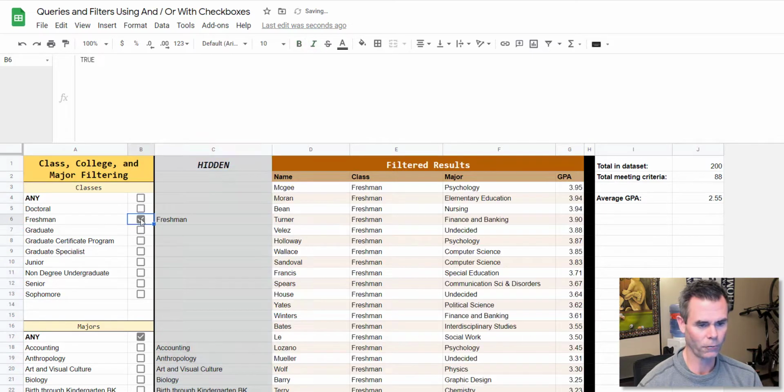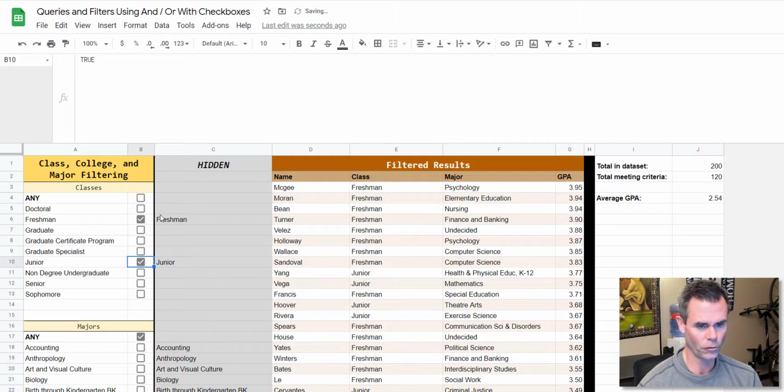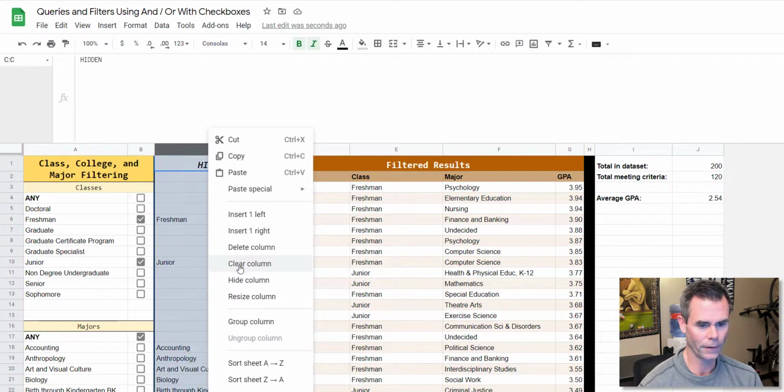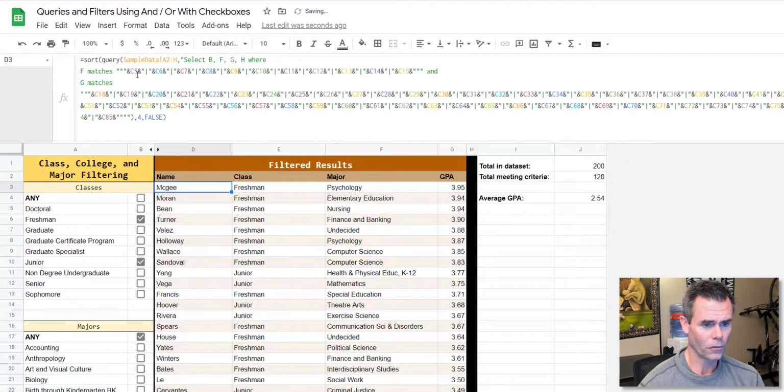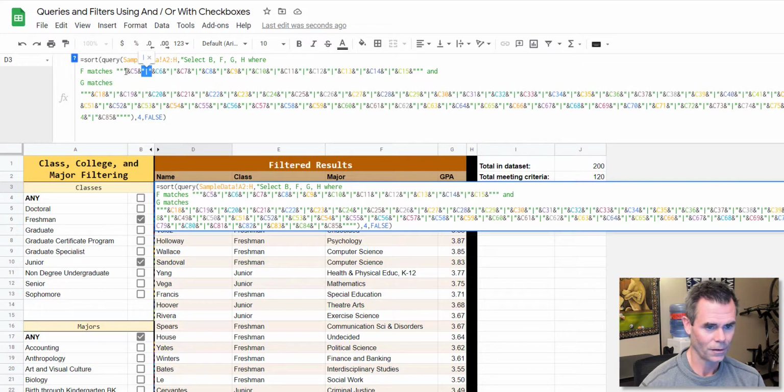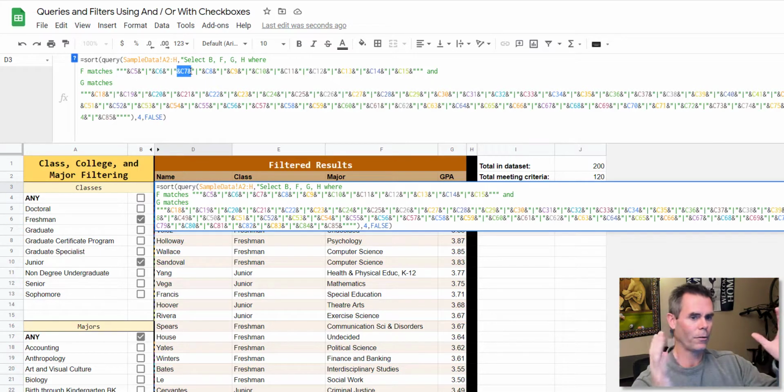If I say I want freshmen and juniors, then it's only going to look at freshmen and juniors over here. Again, I'll hide that again. And so it's only going to indicate where it's C6 and C10. So this one is true and this one is true. Each of these little vertical pipes is an OR statement. So it says referencing cell C5, C6, C7, and down the line,